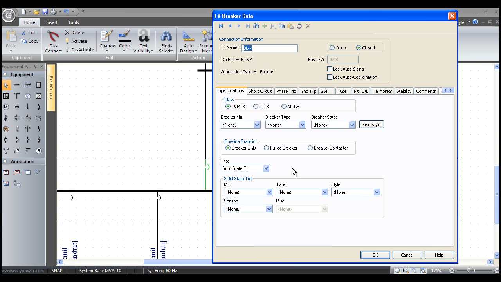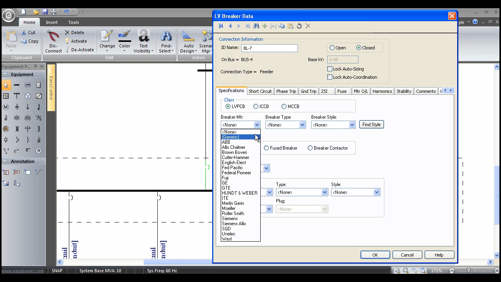breaker. Now we break low voltage breakers up into the NEMA UL categories of molded case, insulated case, and low voltage power circuit breakers. In this case we've picked low voltage power circuit breakers, so if I select the manufacturer, it will actually tell us all the different manufacturers that make low voltage power circuit breakers, and this database goes clear back into the